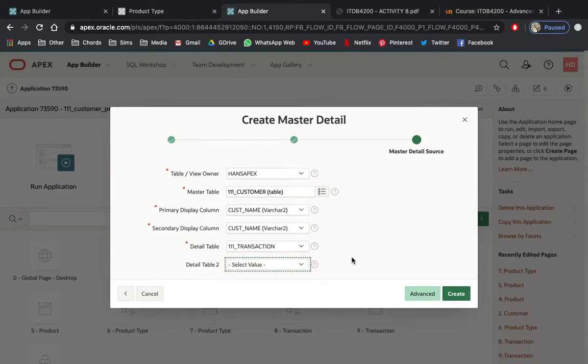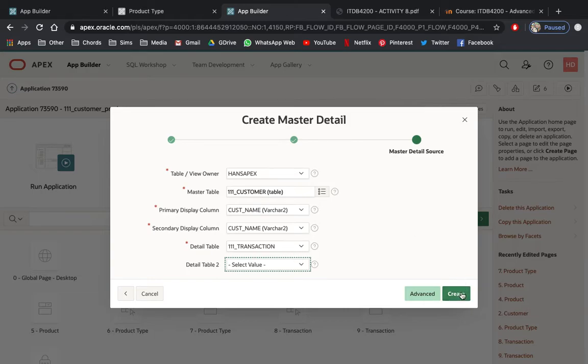So for now, let's review first before we create the master detail. From our table view owner, which is Hans Apex, we opted to select the master table, which is the customer table, as your master. On your master region, it will display customer name, and the detail will be your related table, which is the transaction.